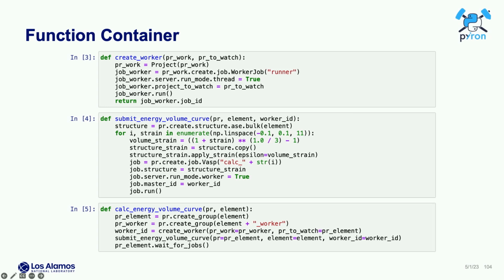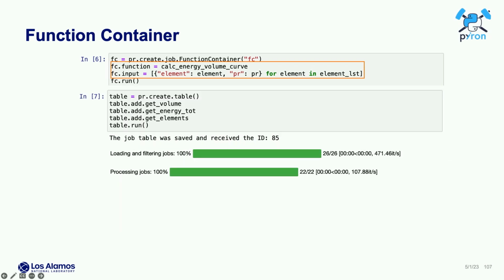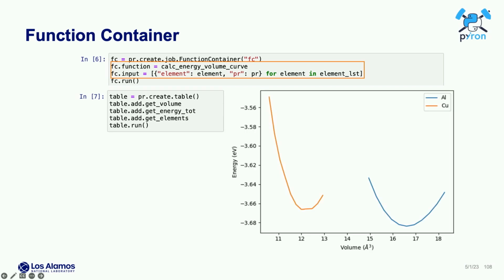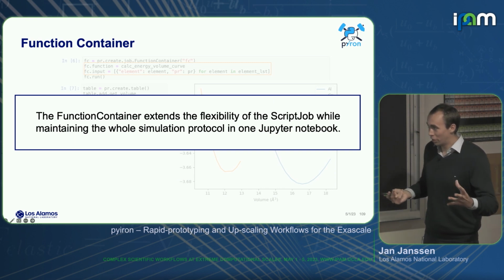And so that's still more or less work in progress, but here I just show one prototype. We define the different functions, and then we can assign this function to a new class and say which are the variables to iterate over. Right, so it's really just you define a function and integrate this template in there and then have a new job where you can iterate over these objects. We can apply the same pyiron table and then finally have your energy volume curves. And then we said, okay, now we have the same flexibility. We have it all combined.